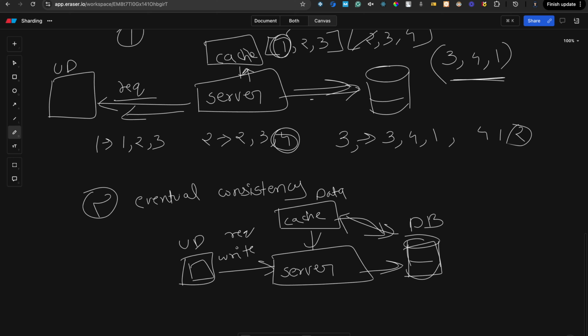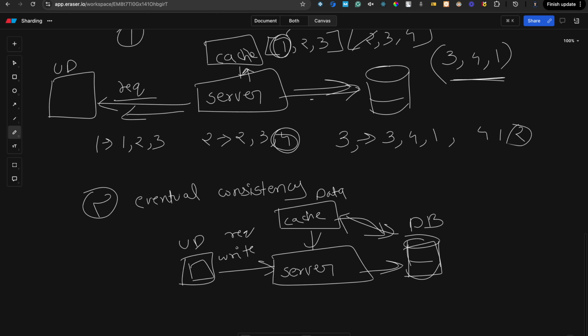This affects a lot when you have a financial transaction, where you have to get an updated copy of the data from the DB to other servers. Let's say you took out some money from one ATM, and it got updated in the cache, but not on the main server, which is the DB server. So another application, like PhonePe or whatever, that is fetching data from your bank's DB won't see the update, so there will be inconsistency. You won't get to see whether the amount has been deducted or not. Okay, so that is there in financial transactions.